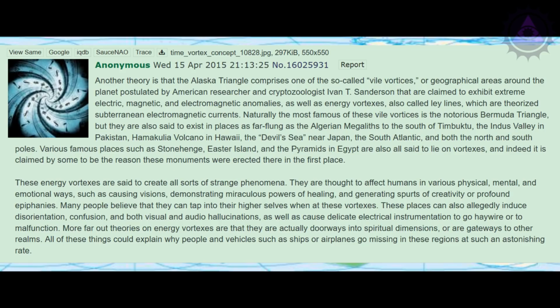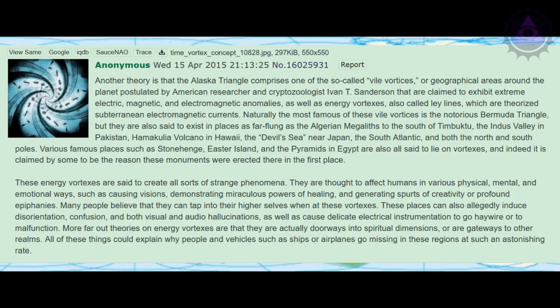Another theory is that the Alaska Triangle comprises one of the so-called vile vortices, or geographical areas around the planet postulated by American researcher and cryptozoologist Ivan T. Sanderson that are claimed to exhibit extreme electric, magnetic, and electromagnetic anomalies, as well as energy vortexes, also called ley lines, which are theorized subterranean electromagnetic currents. Naturally, the most famous of these vile vortices is the notorious Bermuda Triangle, but they are also said to exist